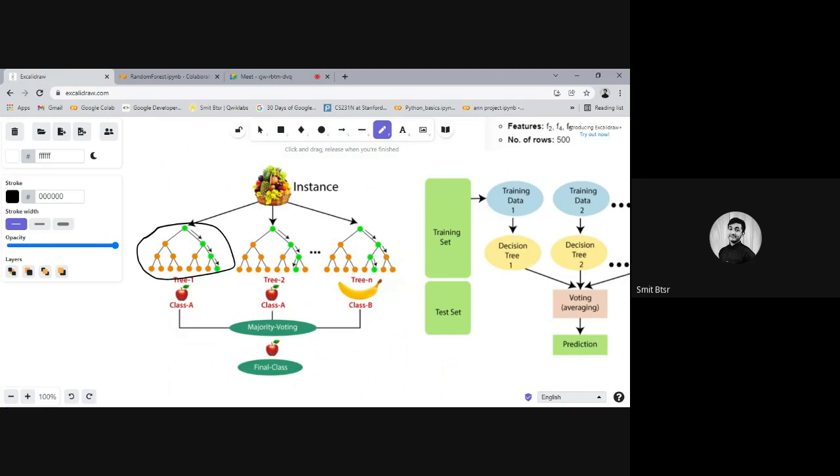According to the questions, the answer is yes or no. For example, if a column contains data of gender, then it may be male or female, so we formulate a question: is it male? If yes, then go towards this side; if not, then go towards this side, right? Similarly, we formulate questions and create this tree. All these intermediate nodes are questions, and the last nodes, which we call leaf nodes, are the outputs.